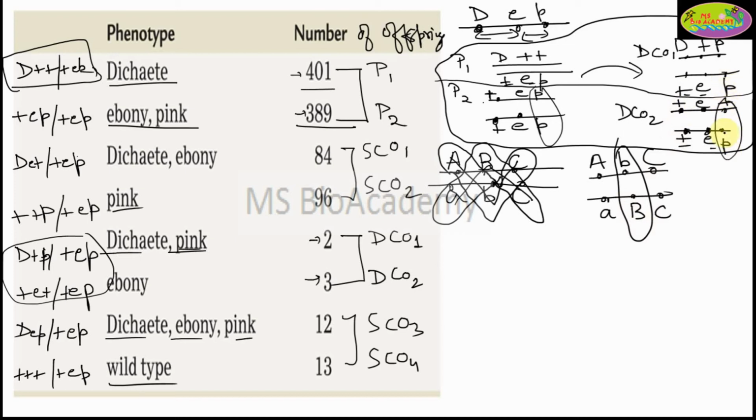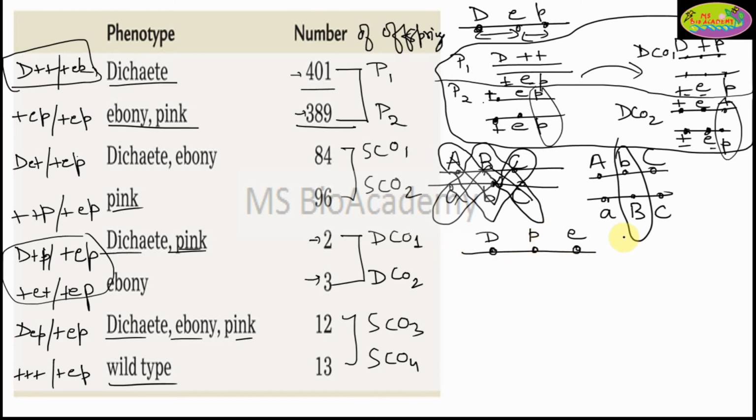Now here, since this P gene is changing position with respect to the parental in the double crossover, that means P is lying in the middle. So let's rewrite our genes on chromosome number 3. We are going to place the P in the center, and we can write D and E on either side. Either you can write E over here, D over here, that doesn't matter. But this will be your gene sequence, D, P, E, or it will be E, P, D. Anything it can be, but P will always be in the middle.